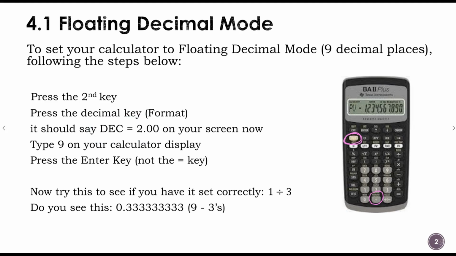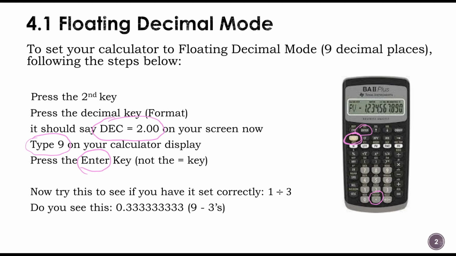So you'll see decimal equals 2.00, and then from there you can type in a 9. So then type 9 and press the enter key. Now that is not the equals key. You'll notice that at the top of your calculator right here you're going to have a key that says enter, and it's important when you're using anything where you're formatting something on the calculator that you use the enter key. All right, so go ahead and set your calculators on 9 decimal places, because you're going to need that for some of these. You don't want it rounding it to just 2 decimal places,